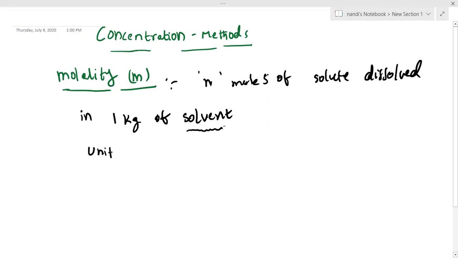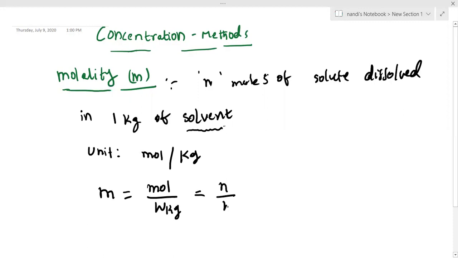So now I am going to write the units here. Very simple. Mole per kg. This is okay. From the formula you can write the unit, as well as from the unit you can write the formula. So molality equal to mole per kg. I am taking W kg. Now we can write, mole symbol is n, W kg. So n is the formula, you know that one. n is weight by gram molecular mass, and you can convert kg into grams, 1000 by W grams.